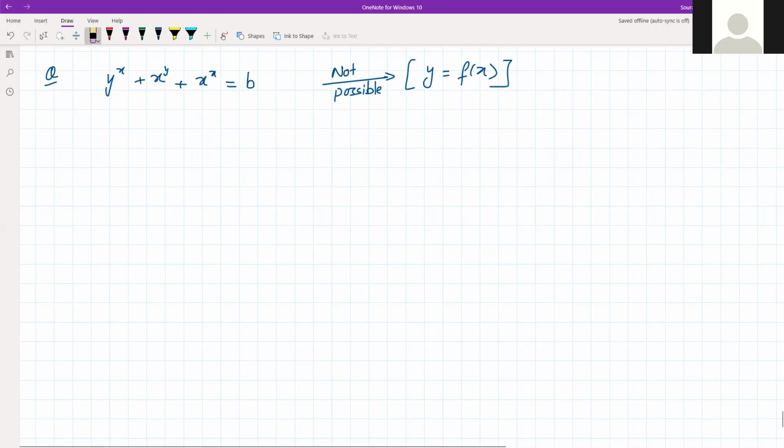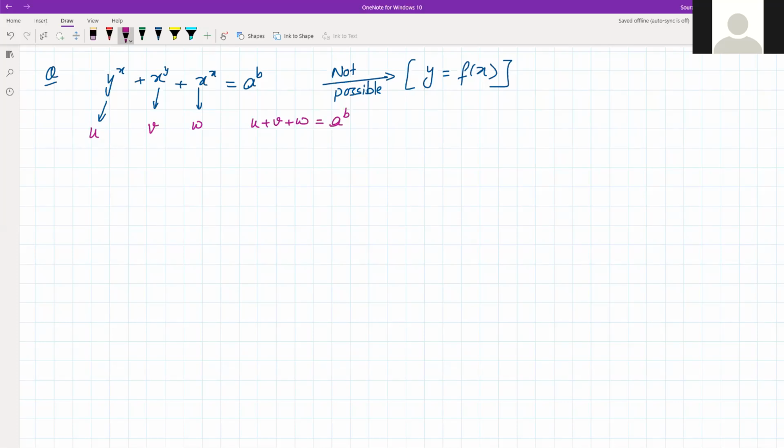So the best way to solve this is to solve these individual functions individually, and then substitute their differentiation here. That's what we have to do. So what we are going to do is assume this function as u, this as v, and this as w. So we have these three different functions. u is equal to y to the power x, v is equal to x to the power y, and w is equal to x to the power x. And what does this expression now become? u plus v plus w is equal to a to the power b.